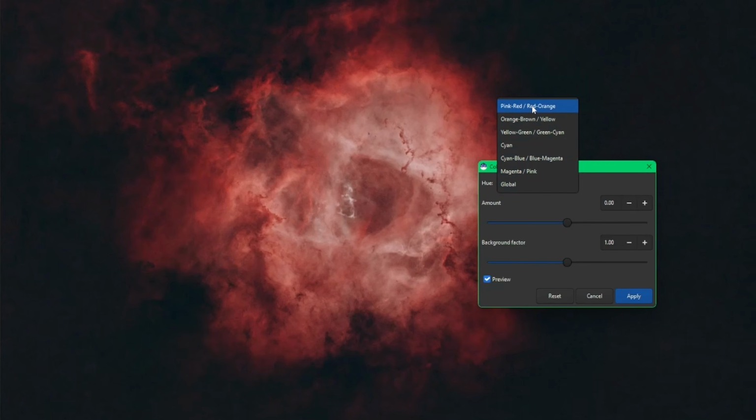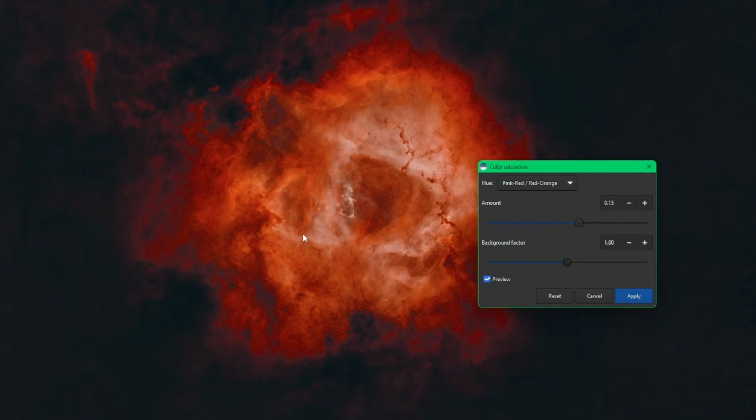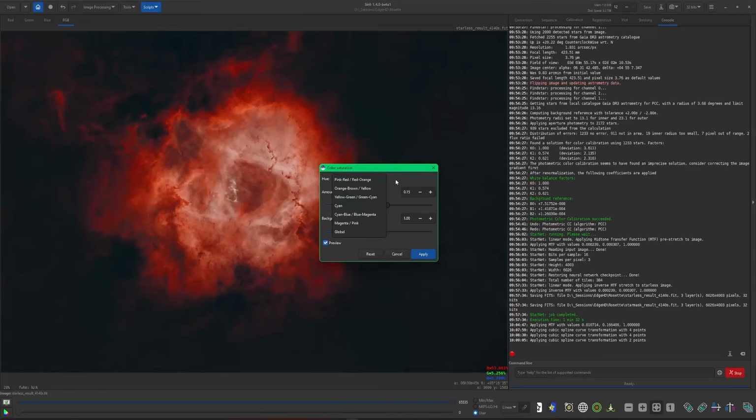If you just want to work on the pinks and reds and oranges of the image, or orange and brown, you can be a little bit more specific, a little more precise with the colors you're playing with. So if I was to do just the pink, red, orange, and move my slider over, you can see the orange came out more just by selecting that. So, play with your hues to get an idea of what colors are in your image and how you can increase them. I'm going to go back into global, and actually I'm not going to increase the saturation on this image at all. I'm happy with the way that it looks. But again, if I was to bump it up, just make sure you hit apply afterwards,